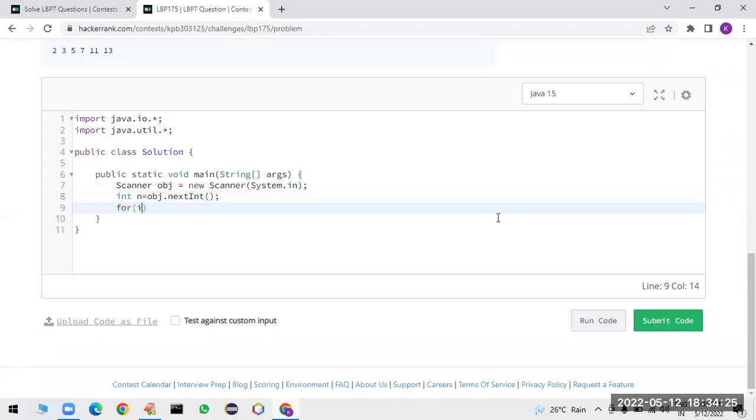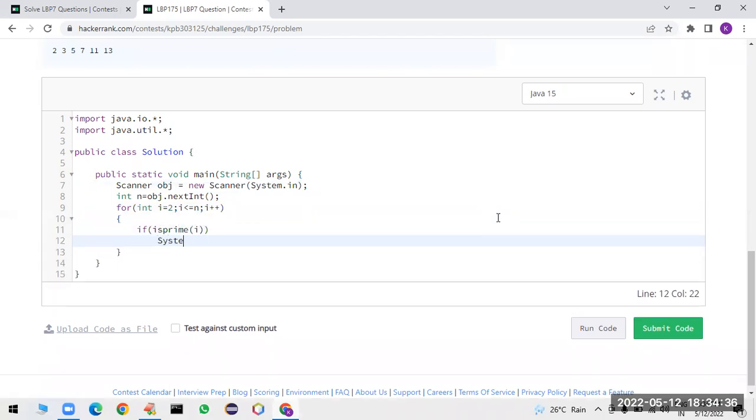Then for integer i equal to 2, i less than or equal to n, i plus plus, you have to check isPrime of i. If it is a prime number, then System.out.print we have to print that number i, followed by a space. Then